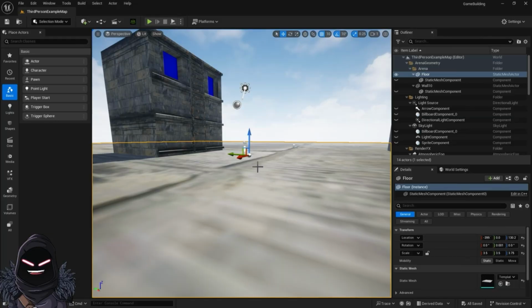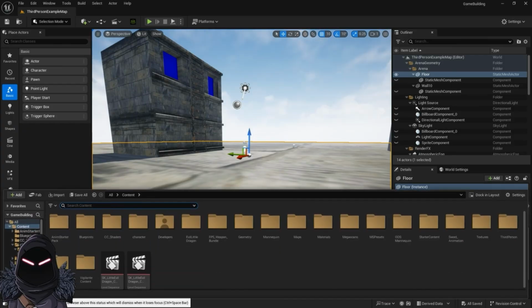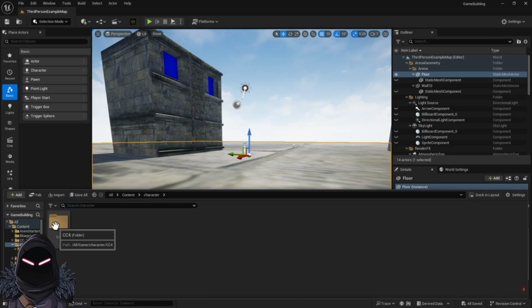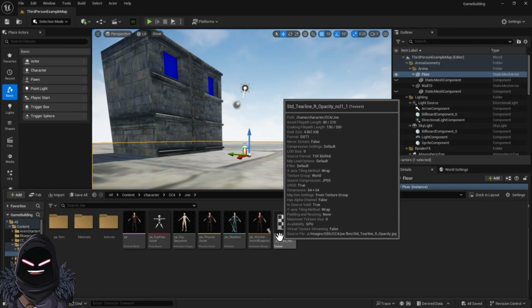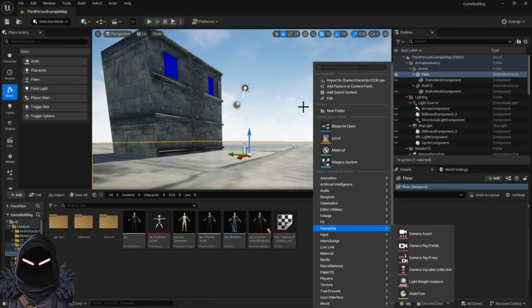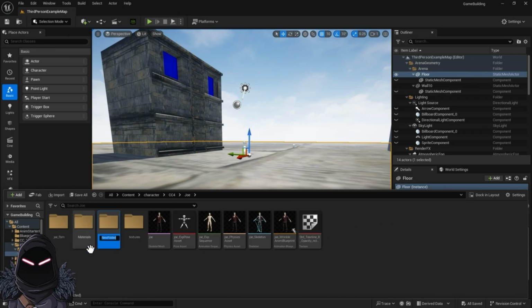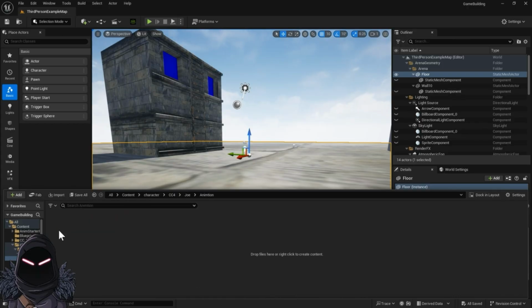Okay, now that we got that project that we opened up that we're using in the last video, that we uploaded our Kevin, aka Joe, into Unreal Engine through the resolution pipeline. If we put him under characters, we made our subfolder CC4 and our other subfolder Joe. Okay, so there's our Joe project right there. So now we just want to make a new folder, and I'm just going to call this animations. You can right click in an empty open space and you'll see your folders. Okay, so there's our animations, and I want to open up this folder, and then I want to take that